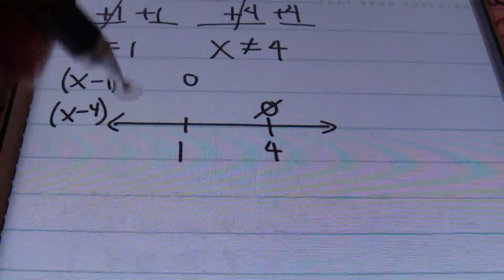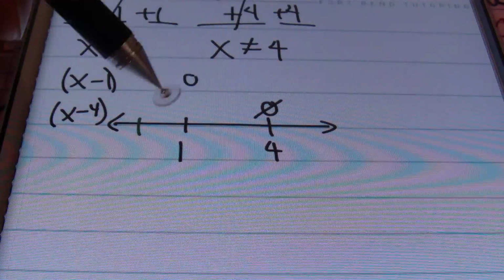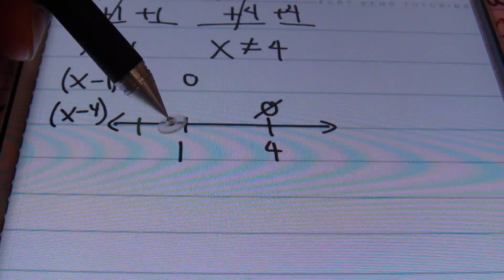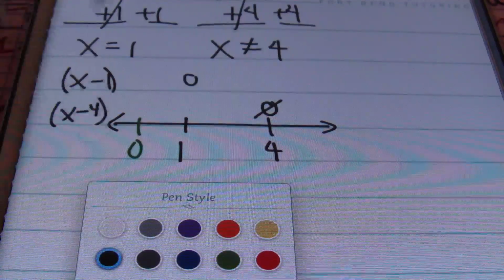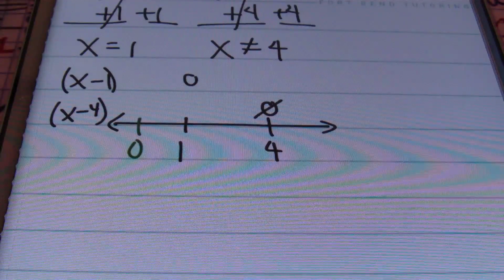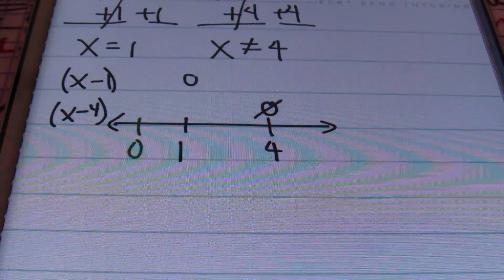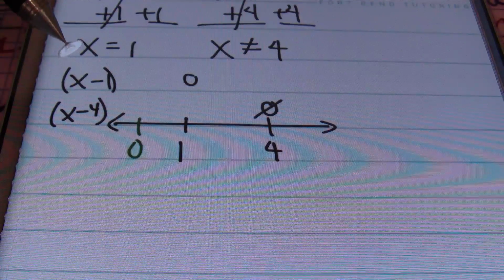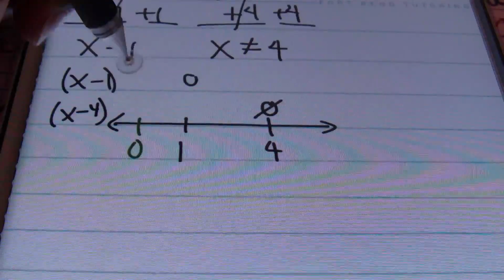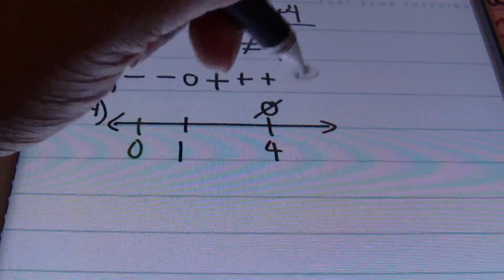So the next thing you'll need is a test value, all right? And I'm going to use a value smaller than my lowest critical value. So my smallest critical value in our problem here is 1, so I'll use a value of 0. And I'm going to plug this test value into each of my factors here to find out what the signs will be. All right, just concerned about the sign, not the actual value. So plugging in 0 into our first factor here, 0 minus 1 gives me a negative value. So I'm going to put negative signs here until I get to 0, and then after that, the sign will